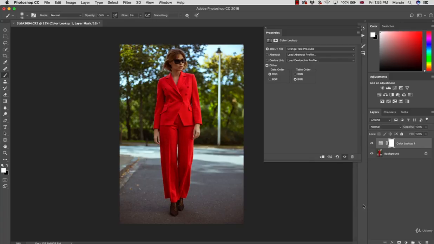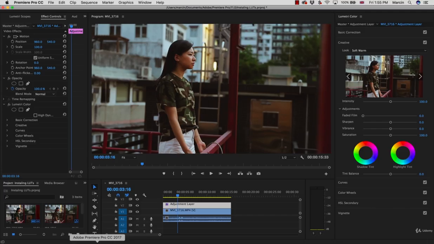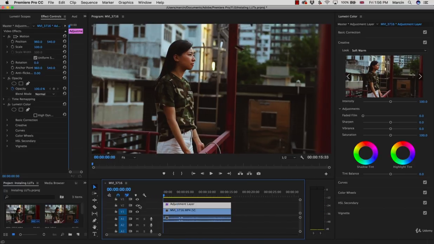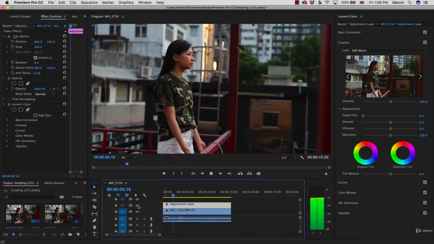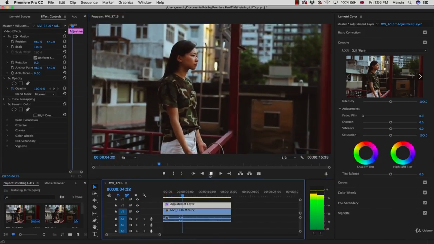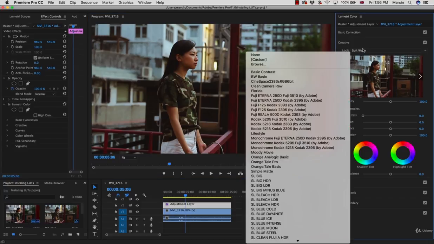LUTs also can be applied to your videos, though we cannot create them in the video software. But once we create them in Photoshop, if you're a videographer, you can apply them within seconds in your video editing software. Just have a look. Here is the clip without the LUT, and here is the clip with the LUT applied. You can switch between them, you can apply different ones. As you can see,